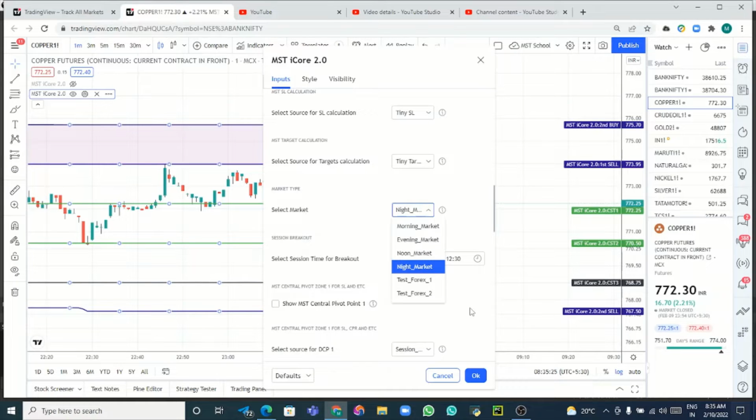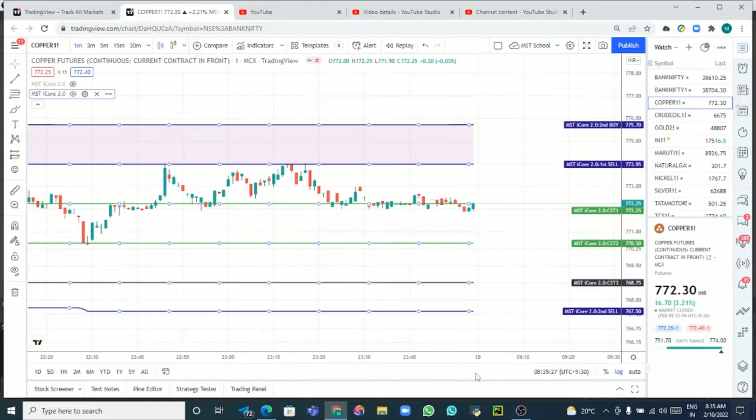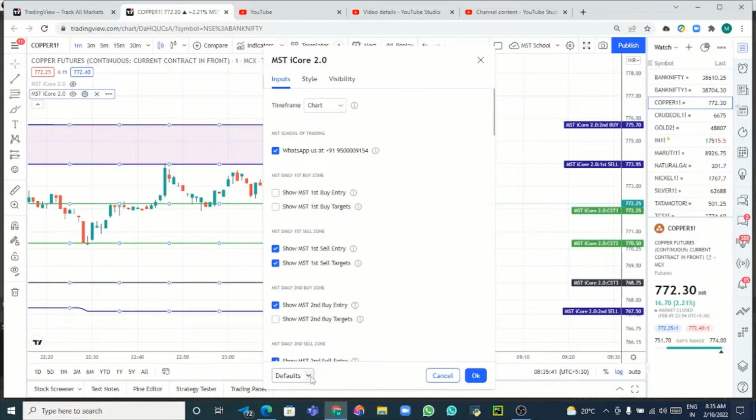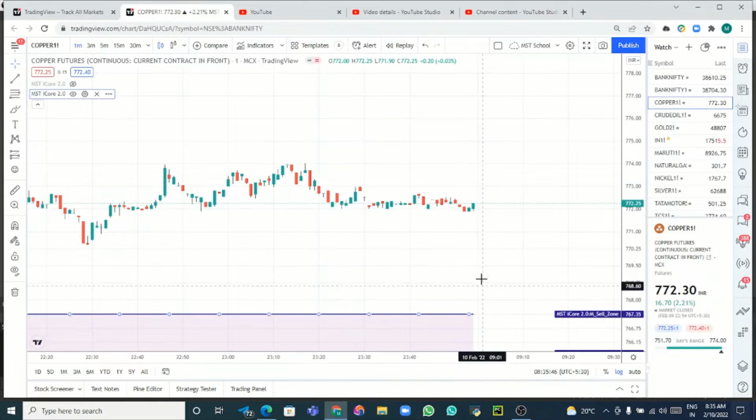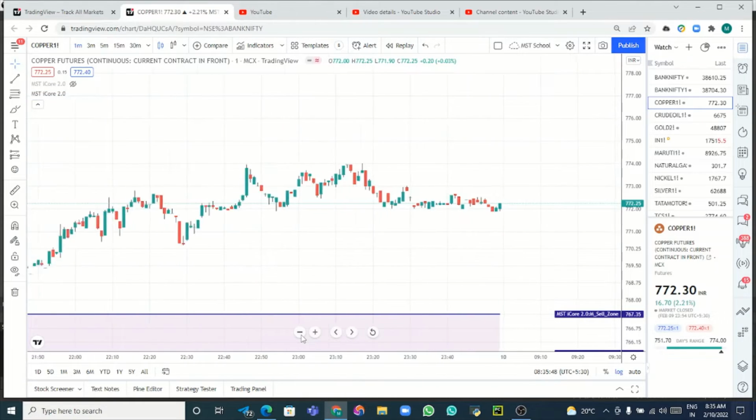We have some clients who are working in an office, right? They cannot trade either in the morning session, the noon session, or the evening session. Only late at night can they trade. So for them, what we have, see here, go here and give the reset settings. Reset means what I told you. By default it will be in